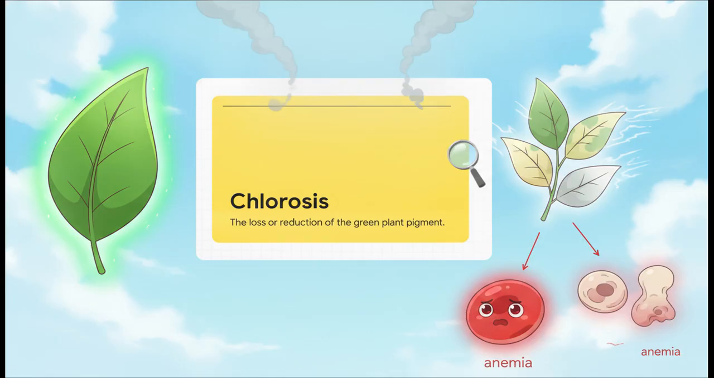This is the loss or severe reduction of chlorophyll, which is that vital green pigment completely necessary for a plant's survival. In the academic world, chlorosis in plants is considered directly analogous to anemia in animals. Just as an anemic animal lacks healthy red blood cells, a chlorotic plant lacks the essential green pigment it needs